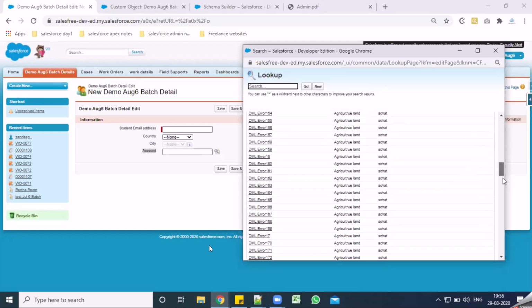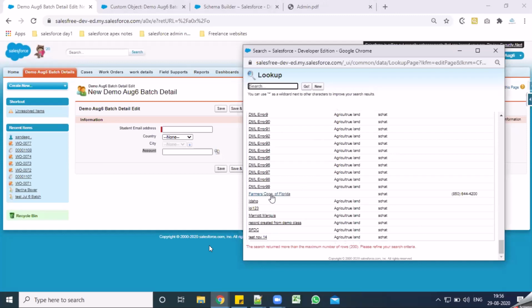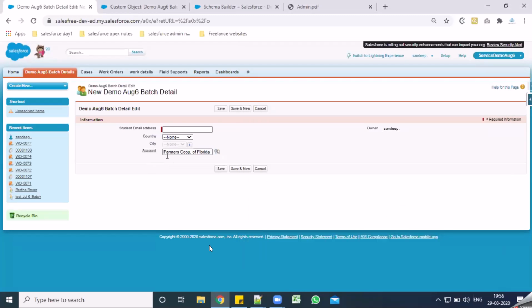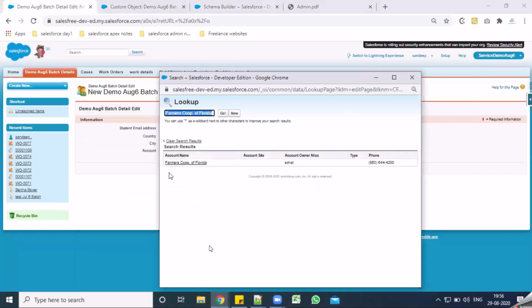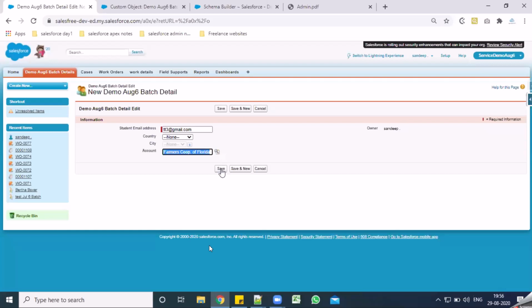All right. So what I'll do is I'll search for one account, any account you can select. You can basically click that account. So what happens is this value is auto-populated. This value is populated as soon as I click on that. So I'll just save this record with some information. I'll show you how it basically looks like. So what I've done, from that pop-up list, I've selected an account value. And I'll click on save.